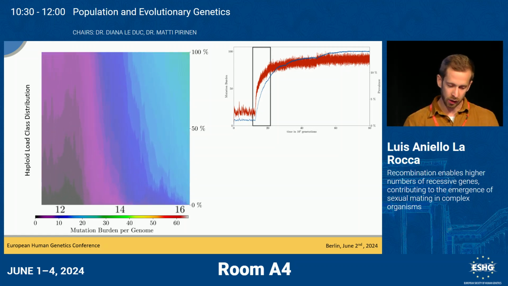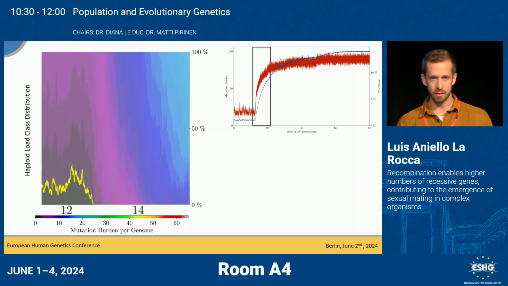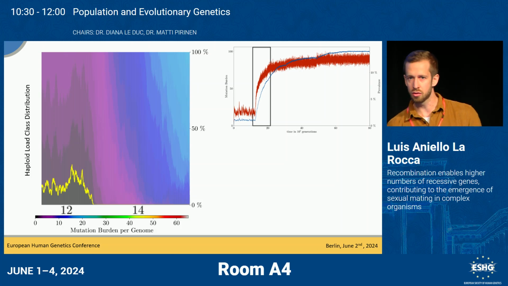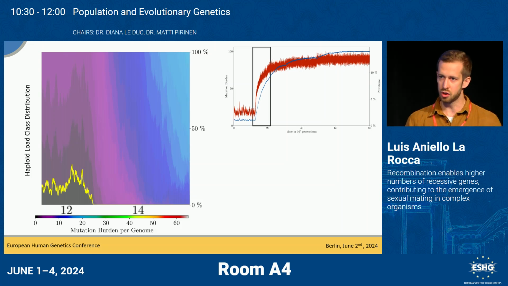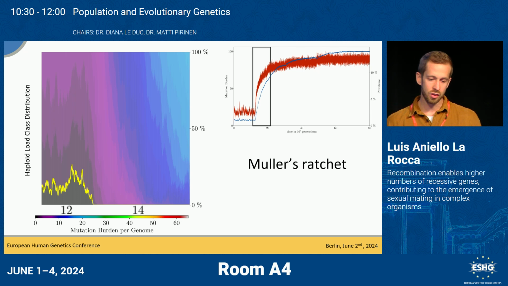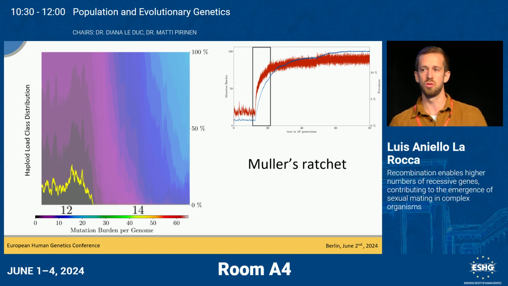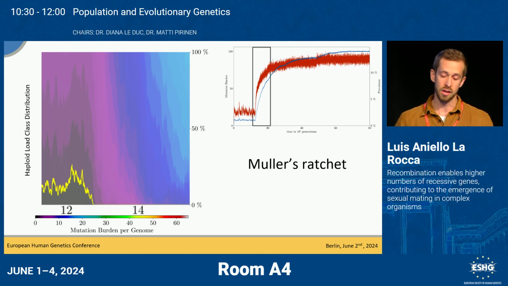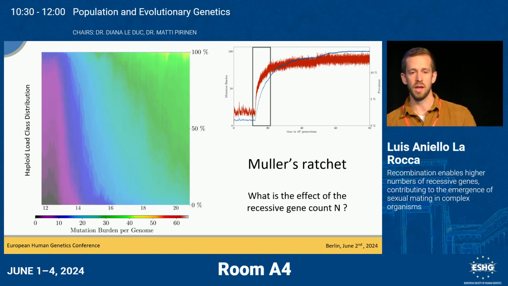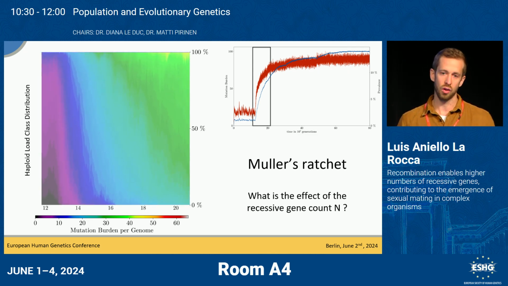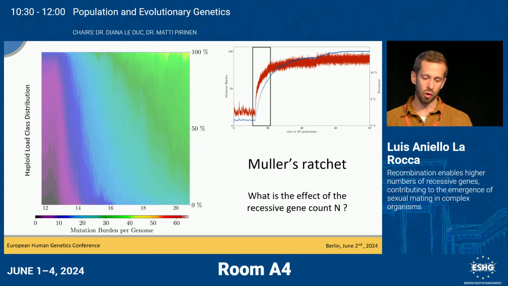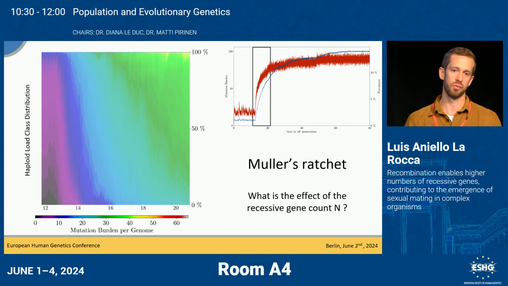And if we zoom in closely, we can see that it all gets triggered by the extinction of the least loaded class, so the mutation-free gamete. This concept, so the irreversible accumulation of mutations due to the extinction of the least loaded class, is known as Muller's ratchet. And now we want to examine the effect of the recessive gene count on this degeneration of the